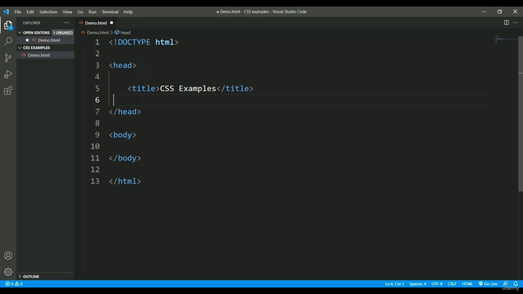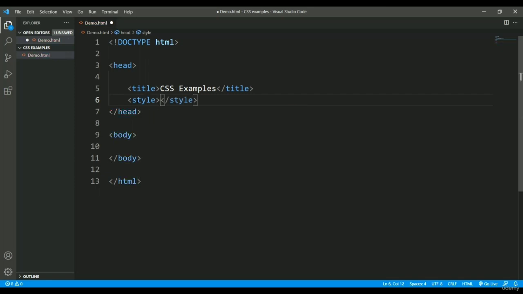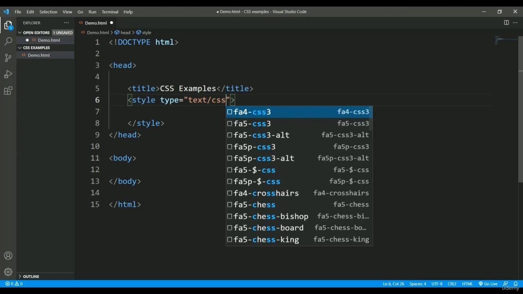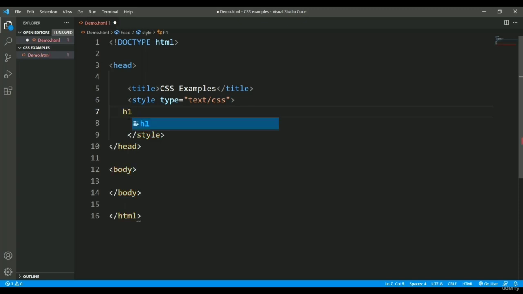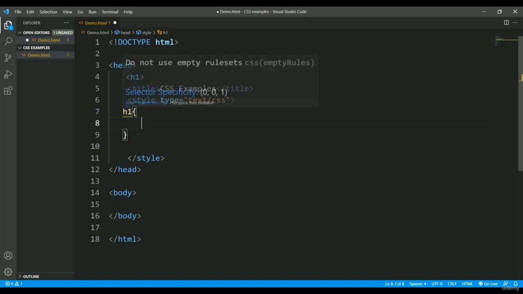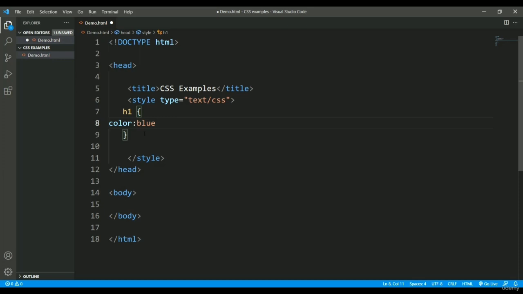So for that, I'll start with the style tag, and within this style tag I can also put an attribute which will tell the MIME type, since it will not be basic HTML syntax. So in the general way, we put the MIME type text/css. Now inside this style tag you can put the style attributes. So I'll put styles for a couple of tags here, let's say for the h1 tag. For h1, I want to show it with the color blue, and I want to show it in the